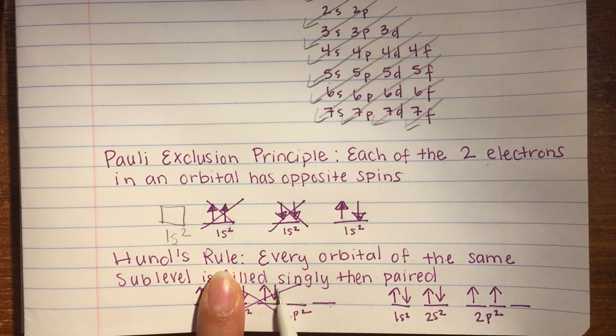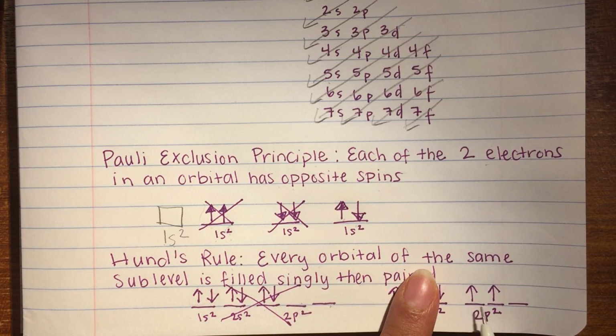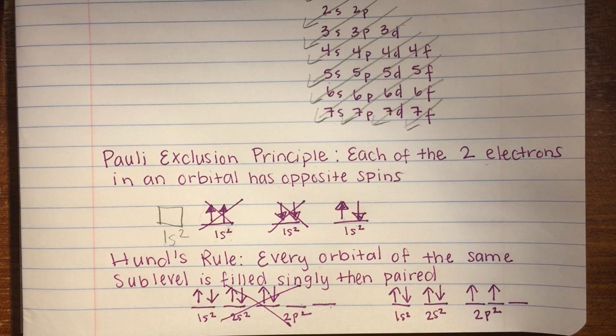Okay, so we're just looking at the P, and that's not how we do it. Okay. Here you can see they're spread out. So this is the correct way. The electrons are spread out. Okay, just think of if you and a friend went to a room that had 3 beds. You're not both going to sleep in the same bed. You're going to spread yourselves out. Okay, you're going to give yourself the space. Same thing with electrons. If they don't need to be that close to each other, they are not going to be. So those are the notes,